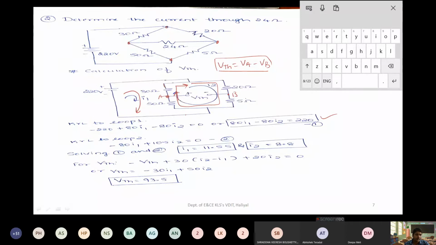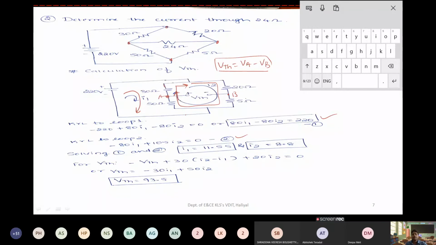Similarly, if you apply KVL to loop 2, I2 will flow in all. See, one hint I have given you in the mesh analysis: if you are in the independent mesh and you have one current flowing there, just add up all the resistors 50, 30, 20 and 5, that is 105. That will be a positive term, that is 105 I2. And where you find the branch currents associated with the other loops, they should be taken as negative, that is 80 I1. So you will get this.